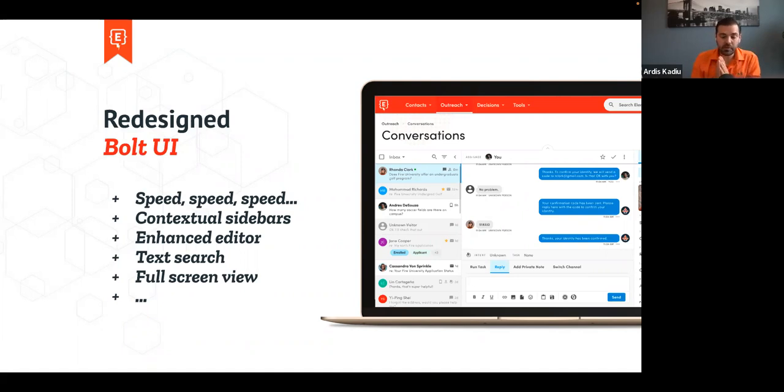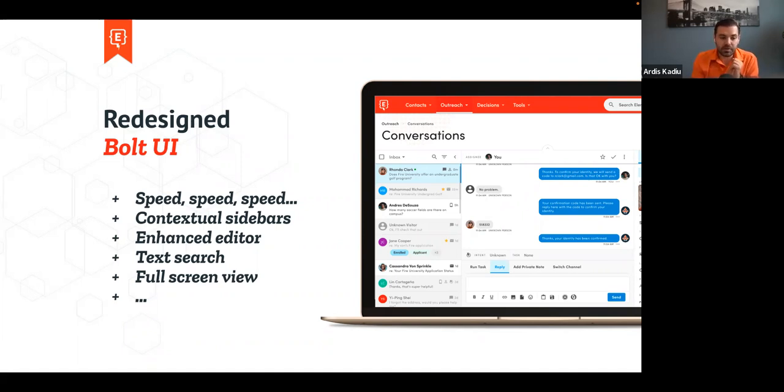We've sent a few different communications around Bolt UI, but Bolt UI is essentially a fresh UX on Element that will make it a lot easier for us to unify the UI and easier to find things.